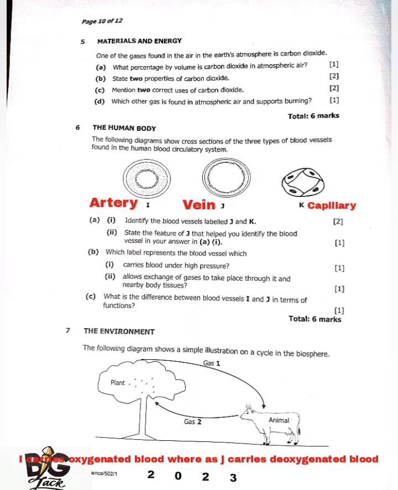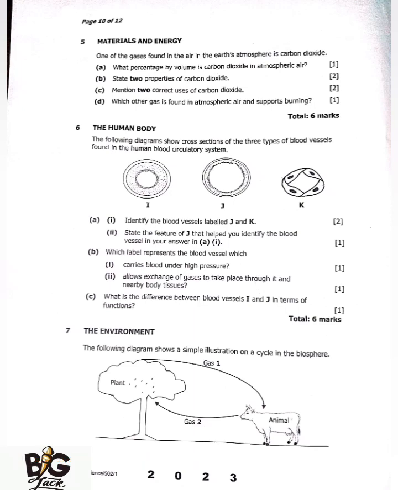Then question 7 is coming from the environment. So the question is saying, the following diagram shows a simple illustration of a cycle in the biosphere. So we have gas 1 going to the animal, which is the cow. Then gas 2 is coming from the cow, going to the plants. Now, as you can see here, during photosynthesis, the plants are going to produce